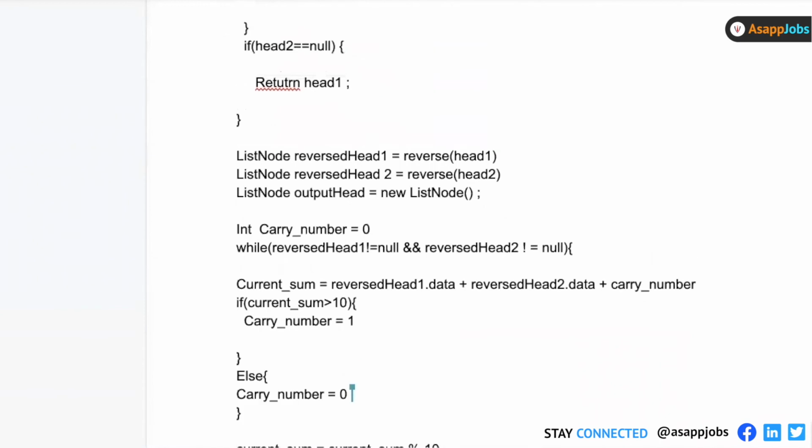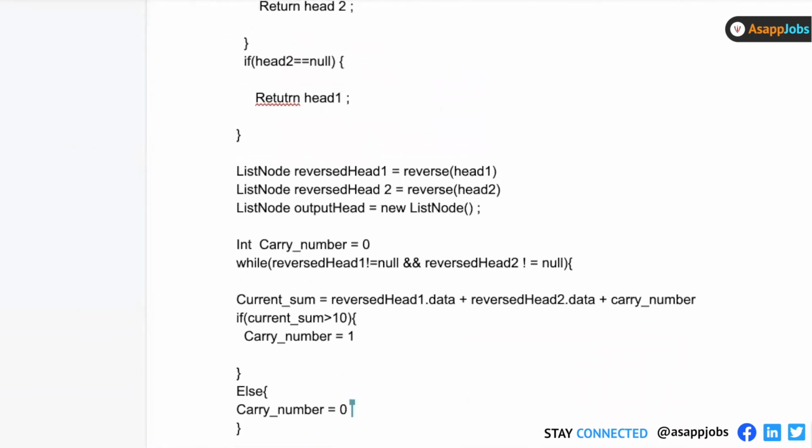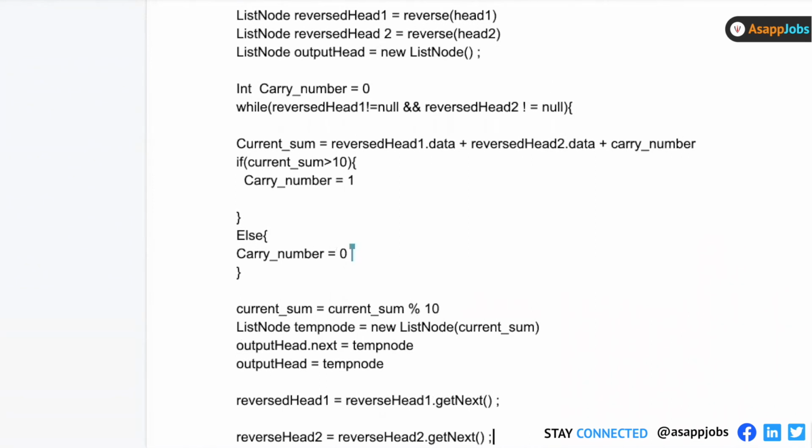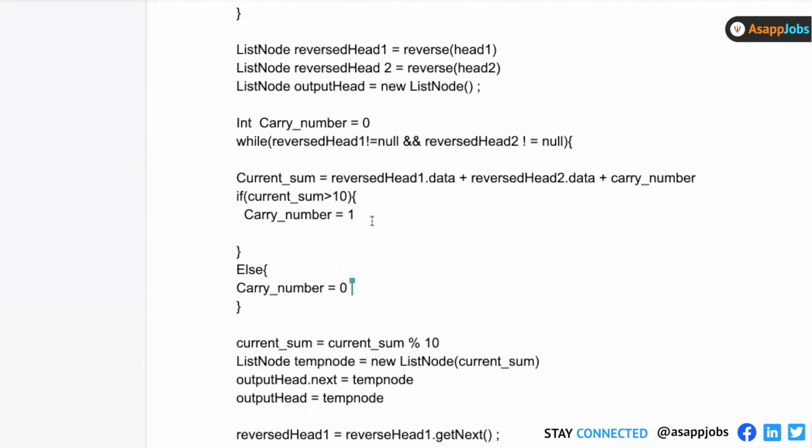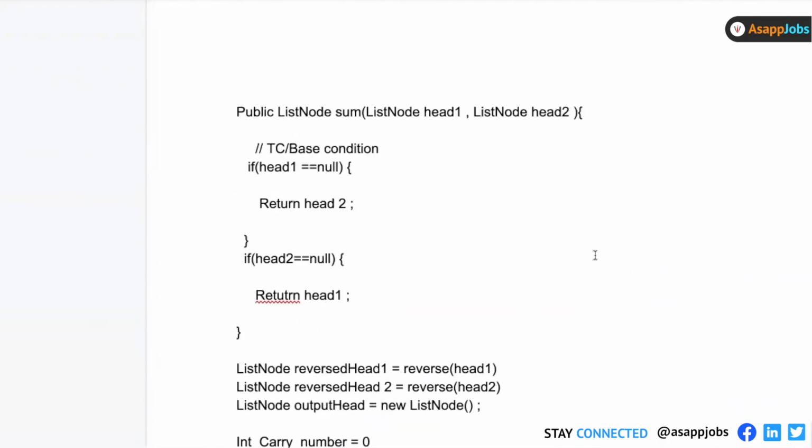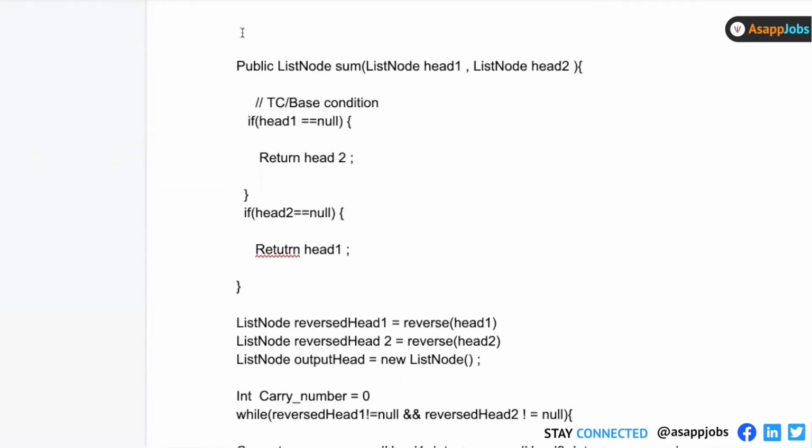Okay, is it done or is anything left in this? Can you guys think? When I'm done with this particular while loop, are we done or is still something left? Suppose my linked list was this, say 1, 2, one linked list of length 2, another linked list is say of length 7, say 5, 4, 5, 6, 7, 8,